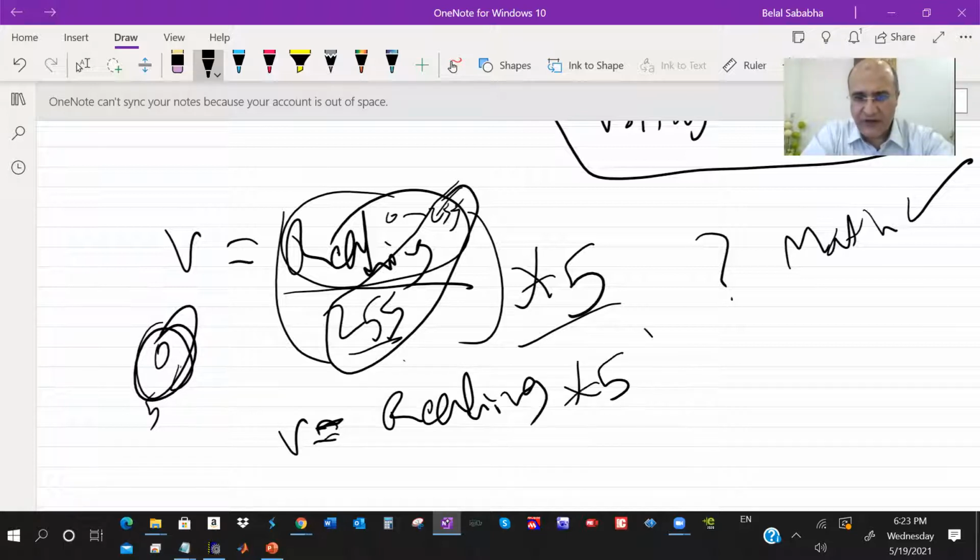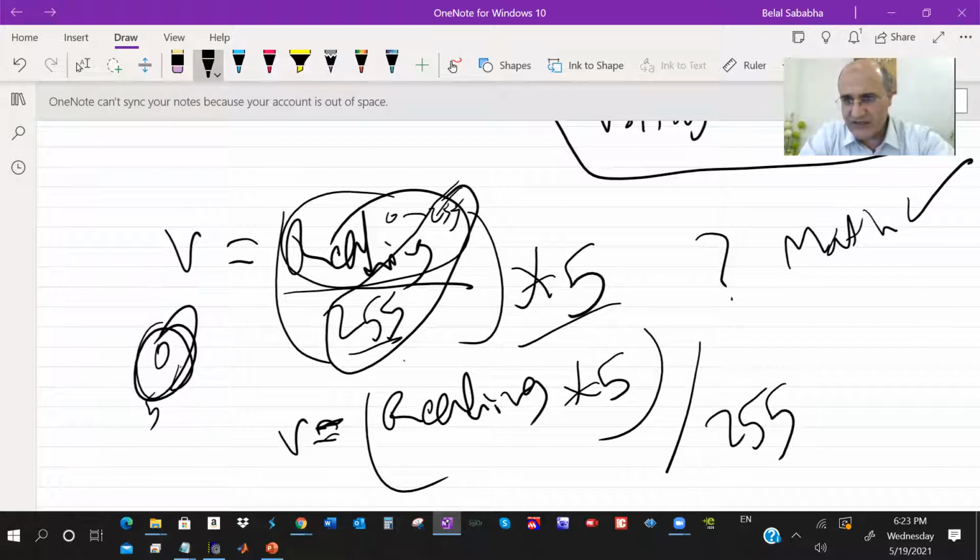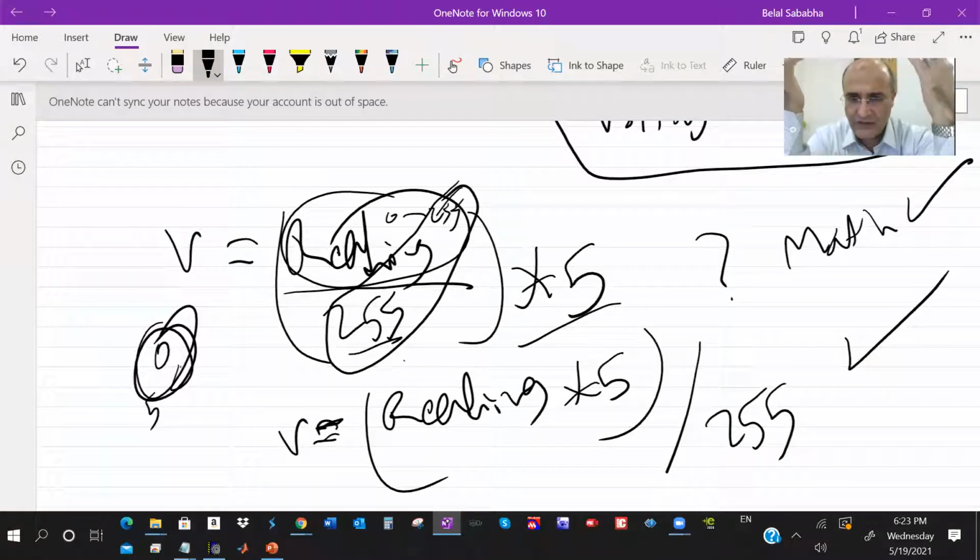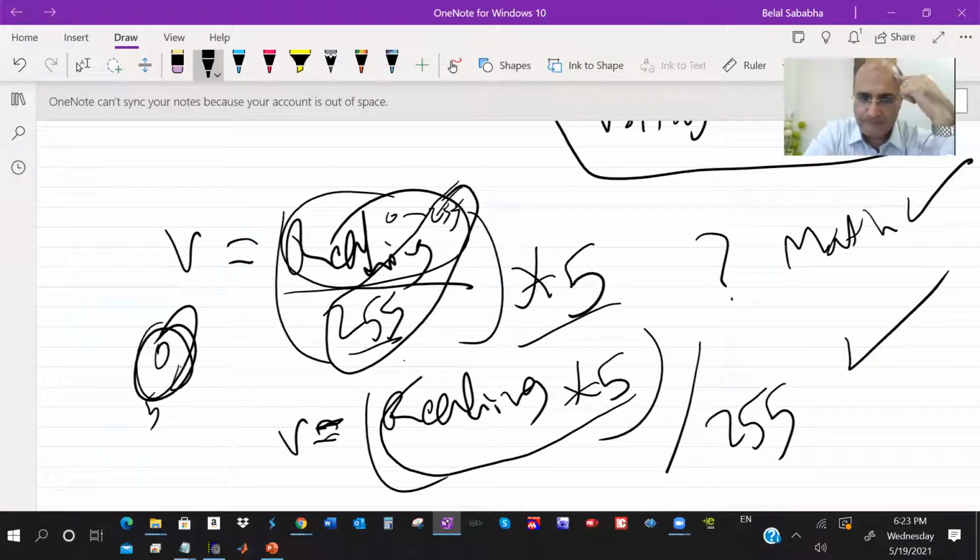Multiply the reading by 5, then afterwards divide by the 255. Mathematically it is the same, right? But in terms of integer math, this is better, right? Because you're reading times 5,